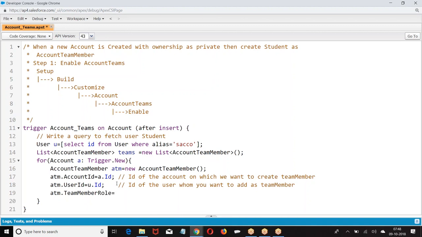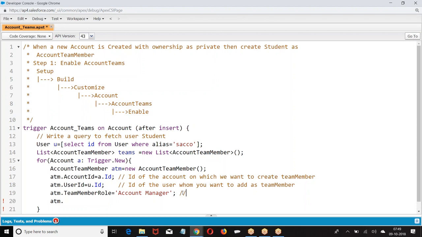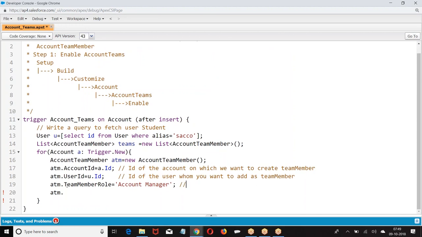Team member role equal to, ATM dot, what was that? Role of the team member. Now when you make a team, for every team member there will be a role assigned. Boss, Lodha Towers is the account. You take care about financial loan issues. I will take care about legal issues. You take care about registration. You take care about field work. So we are making a group and working on the Lodha account, and everybody has a role to do.